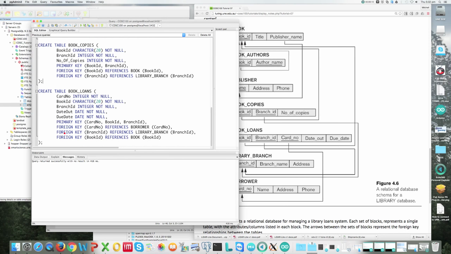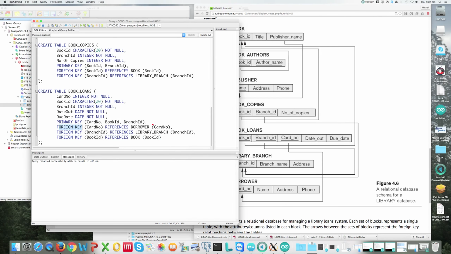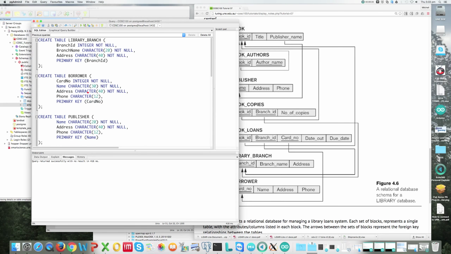And we've continued on down into our book loans table, which has three foreign keys, each representing the tables that it points to. So it points to the borrower table, the books table, and also the library branch table as well. So there are three foreign keys, and we just stack them all up in our comma-separated list of statements within our create table statements. Now, when we run this,